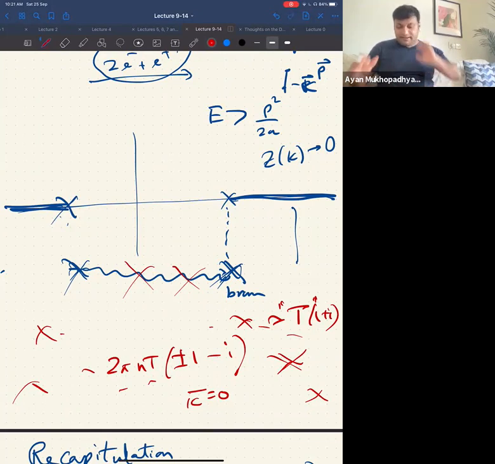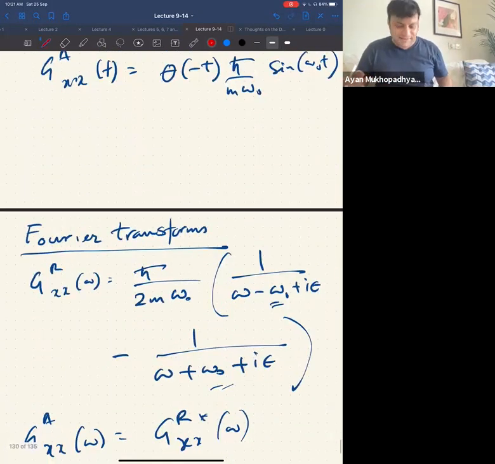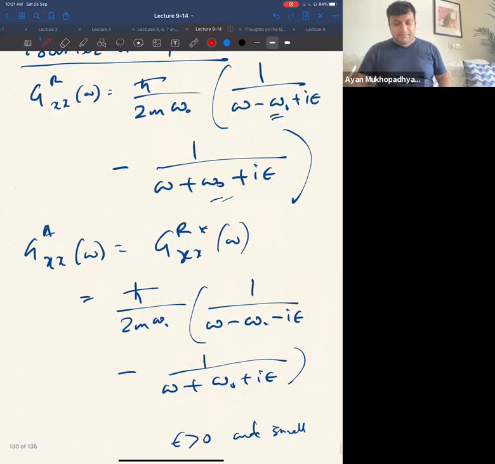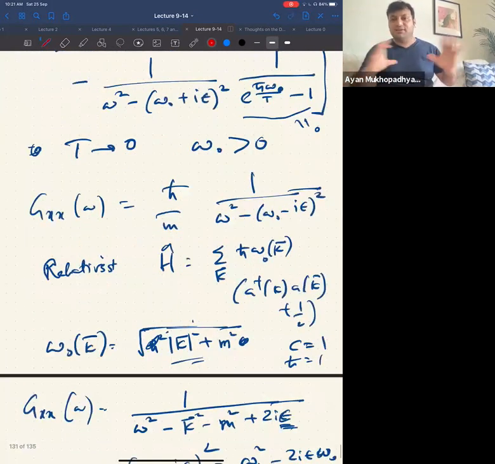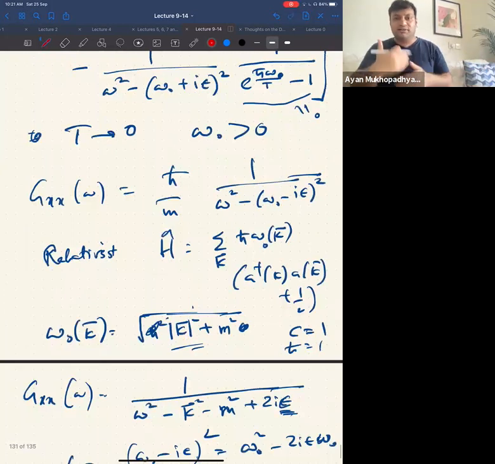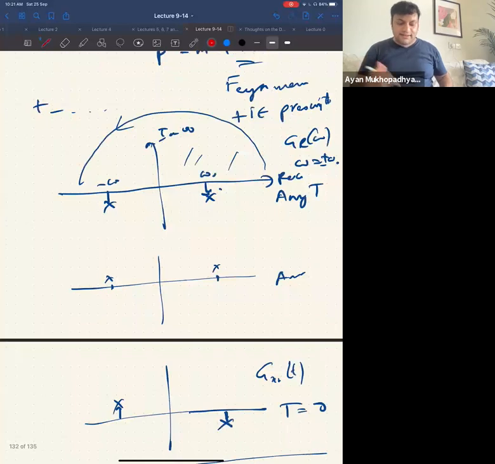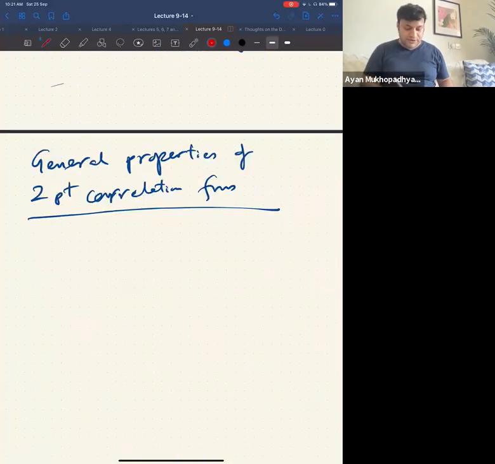So anyway, this is something I just wanted to say before going to the more general properties, because I find it useful for you to know what modern questions people are thinking about. But I think now you have some idea about what the propagators are and how they look. Now, why are we studying general properties of two-point correlation functions? Because there are many things we want to show. One of the things we want to show is that it is